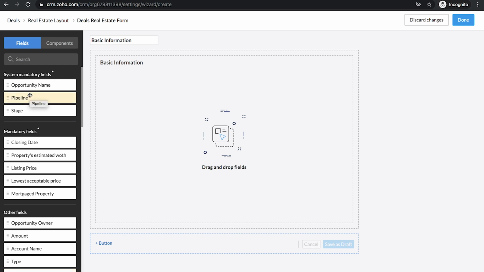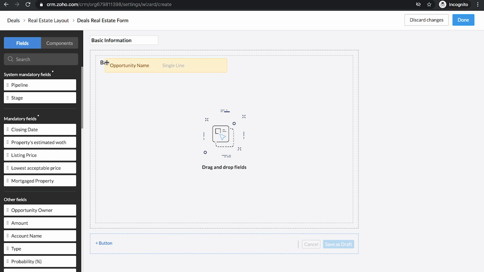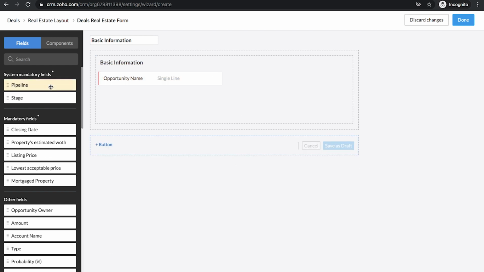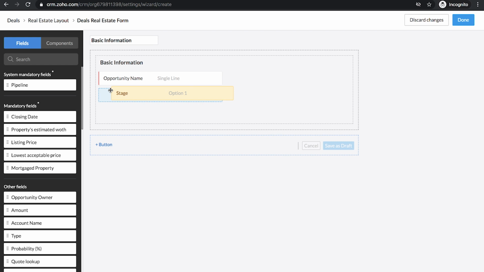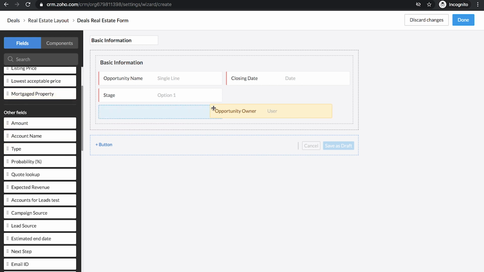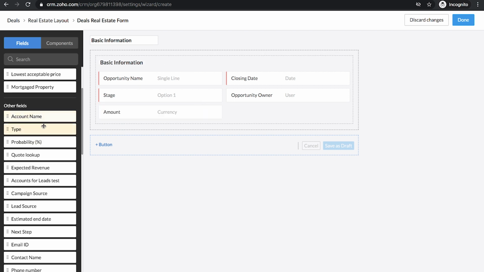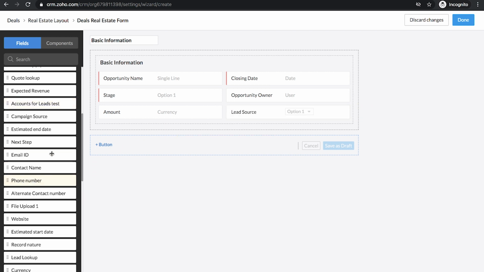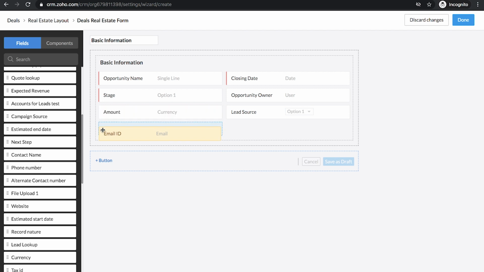So for my basic information, I'm going to add my basic fields: opportunity name, stage, closing date, opportunity owner, amount, lead source, email ID,